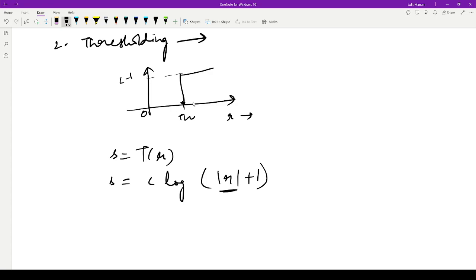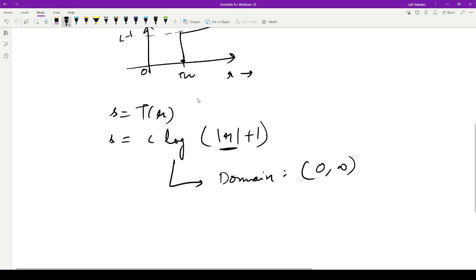I hope everyone knows that the domain of log is what? What is the valid input value? Minus infinity to plus infinity? No, the domain starts from 0 to infinity. So if you want to do any kind of transform,